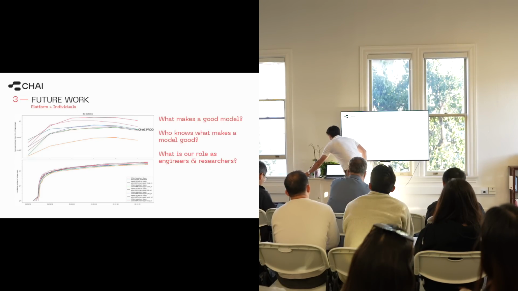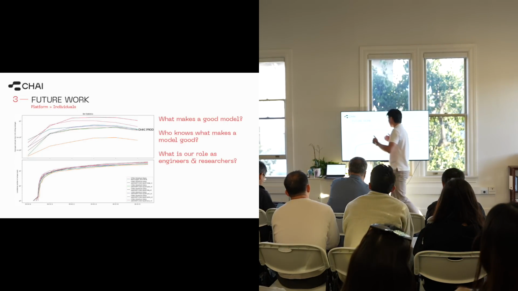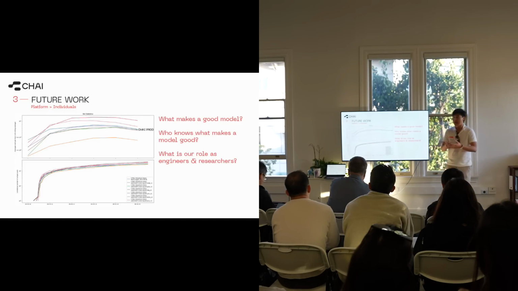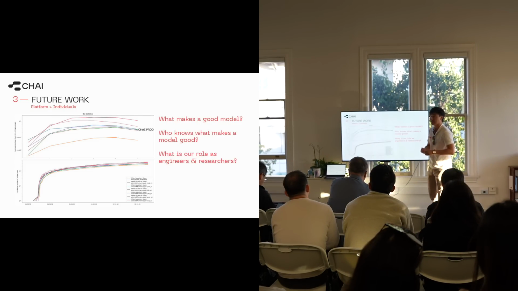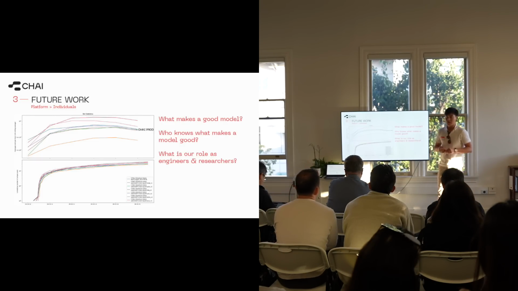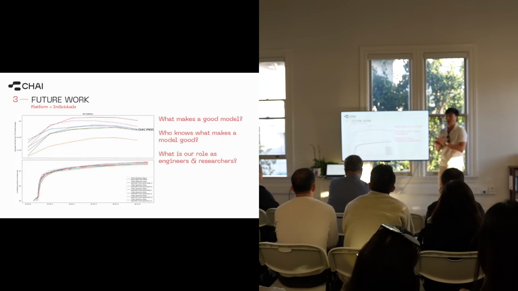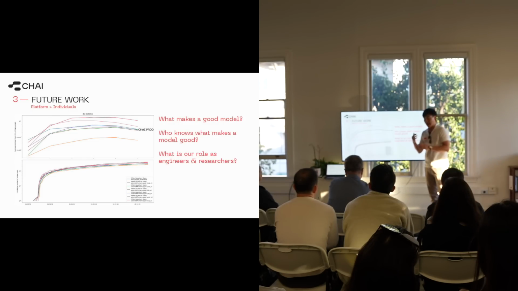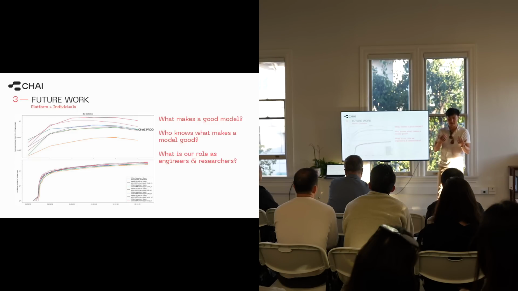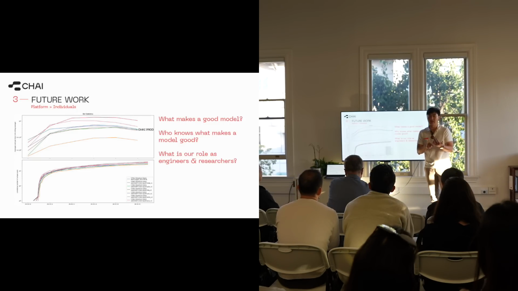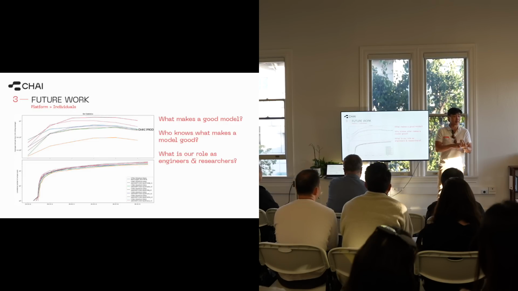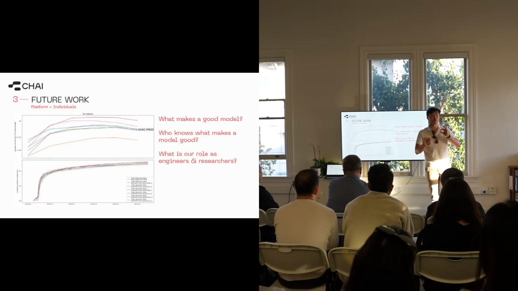So finally is future work, which is where we're going next. At the end of the day, what really makes a language model unique is the data that it is trained on. And for us, an active user on our platform is active for 80 minutes per day on average. Within the app, there are so many signals. A user can reroll their message if they don't like it, they can edit the message, they can quit a conversation. We can log all these,